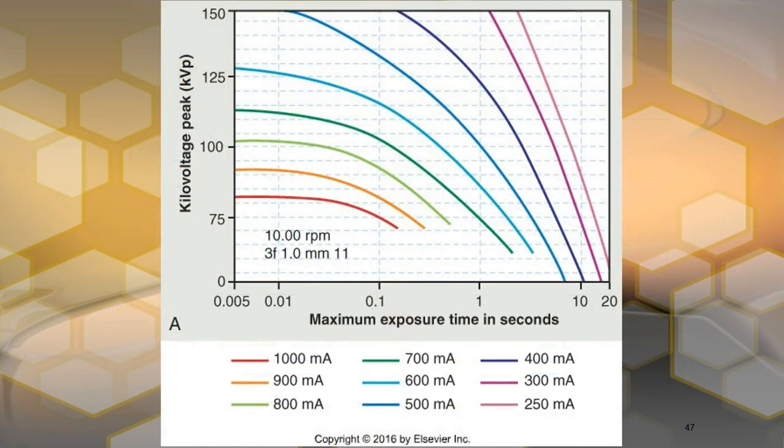Let's use this one to do a fake problem with, okay? So let's see if we can figure out how it works. All I want you to know is how it works. This is kVp, right there. And the lines that are curved, here are all these colored lines, and then here's their representations down here. So we're going to pretend that we have an exposure of 100,